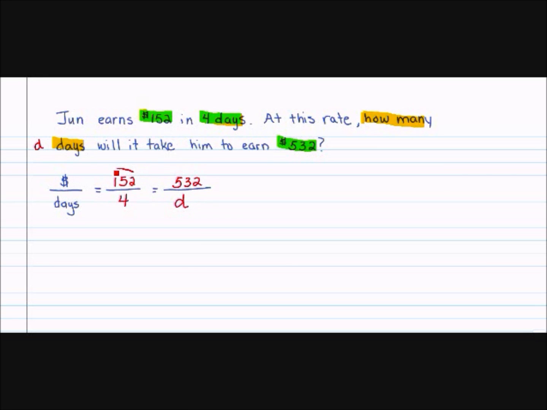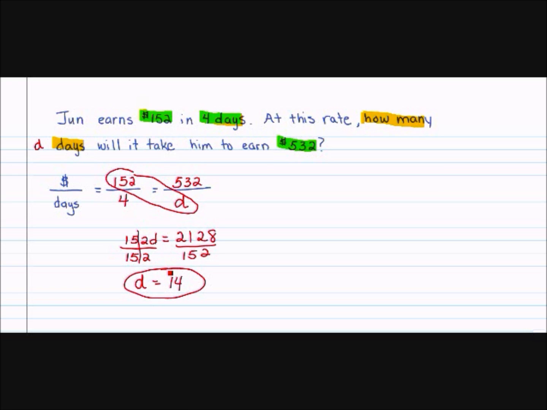So let's go ahead and butterfly. 152 times D is 152 times... D is 2,128. I'm going to divide by 152. 152 over 152 equals 1. And bringing up 14 days, which makes sense. If it takes them 4 days to earn 152, it's going to take more days to earn more money. So it's going to take them 14 days to earn